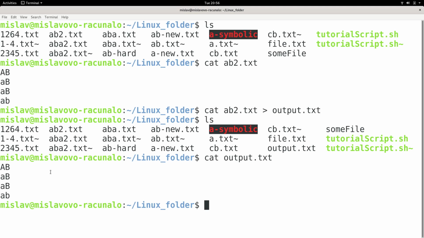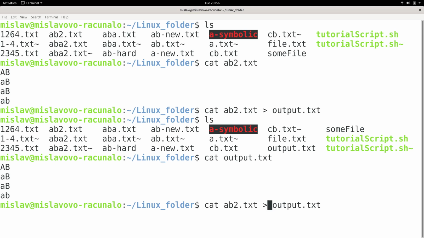Now let me give you some pointers in regard to this, because these are important to note. First of all, if you write something like this, you have to understand that this would override a file named output.txt if it already existed. If you want to append to a file if it already existed and not to override it, what you need to write is